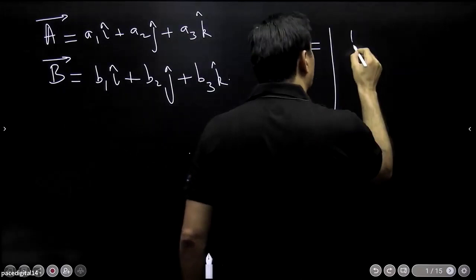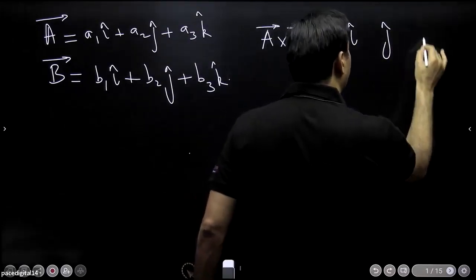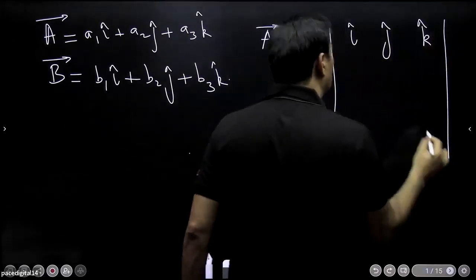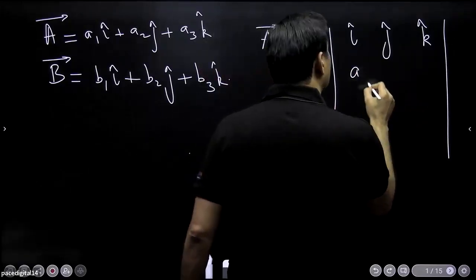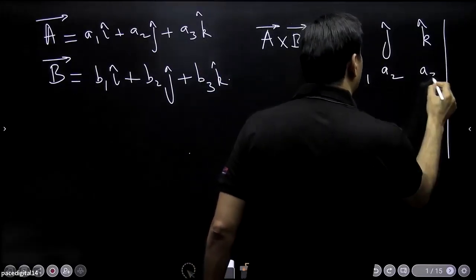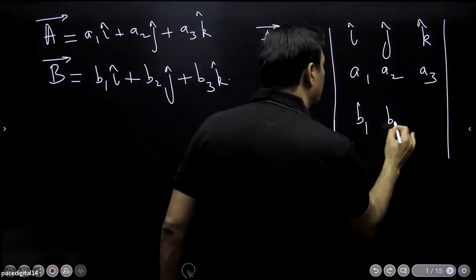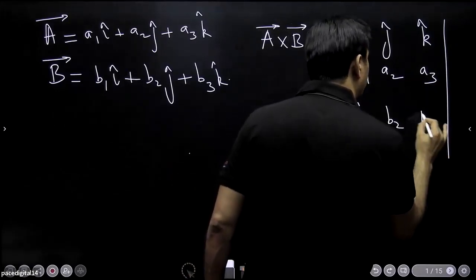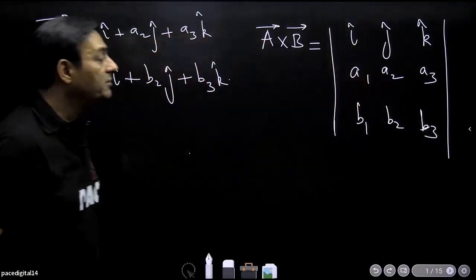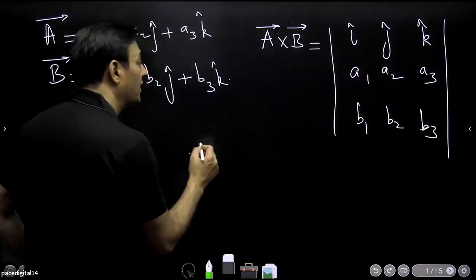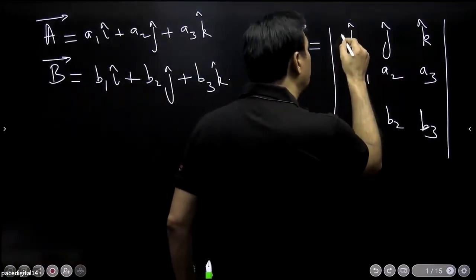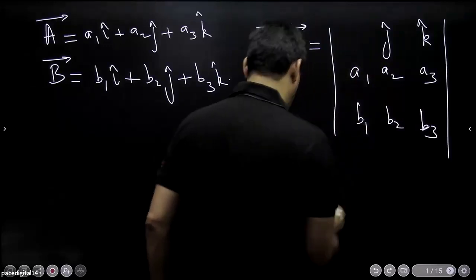For now, just learn i, j, k. I will tell you how to open this determinant. What is the meaning of this? Now, A1, A2, A3, B1, B2, B3. How do we open this determinant? This is called a determinant. A cross B will be equal to, now when you are opening it,